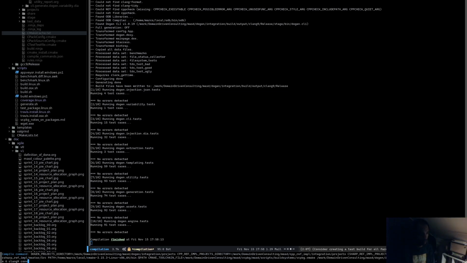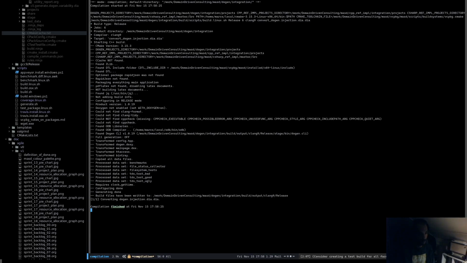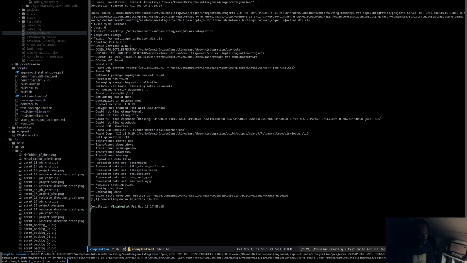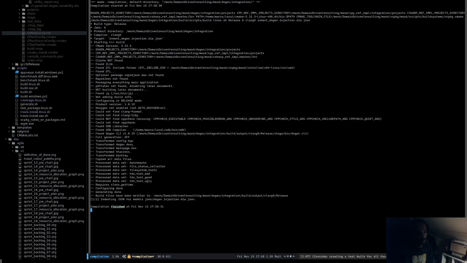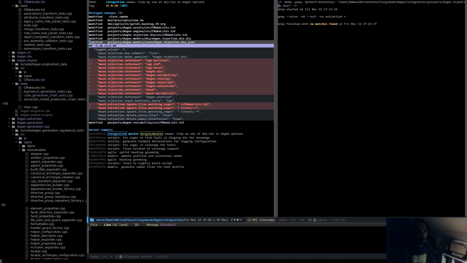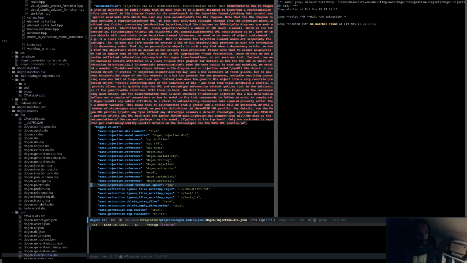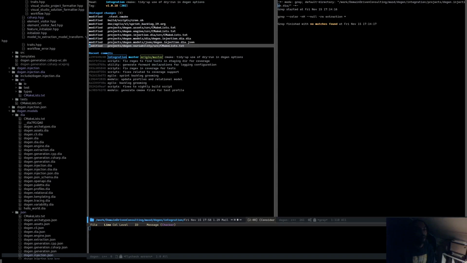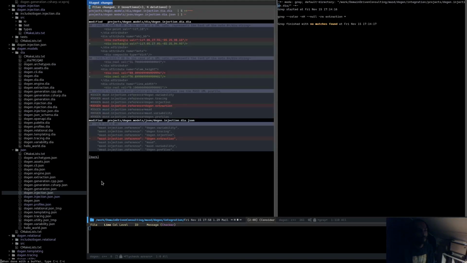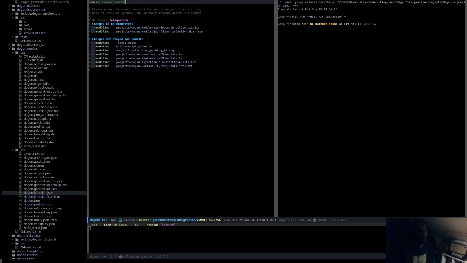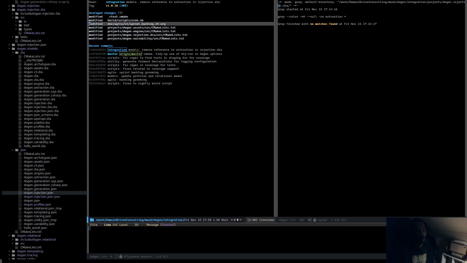So convert Dogen.injection.dia presumably, and then we indent, and now we got the JSON changes, and okay, there's no point in doing this because it's all in the same section. So right, what we want to do is get rid of this extraction reference. Right, so then we can basically say models remove reference to extraction in injection dia. And then we could say